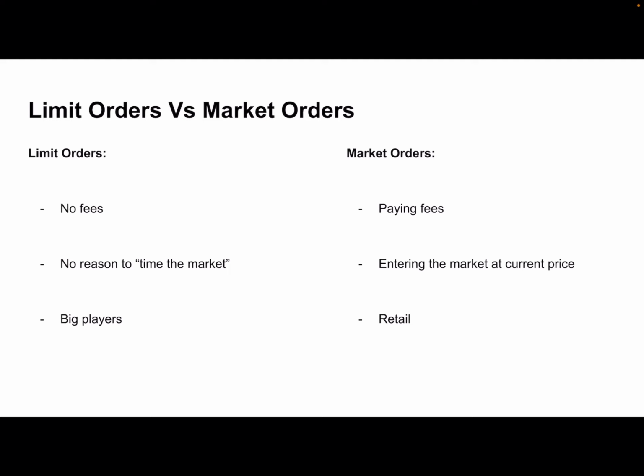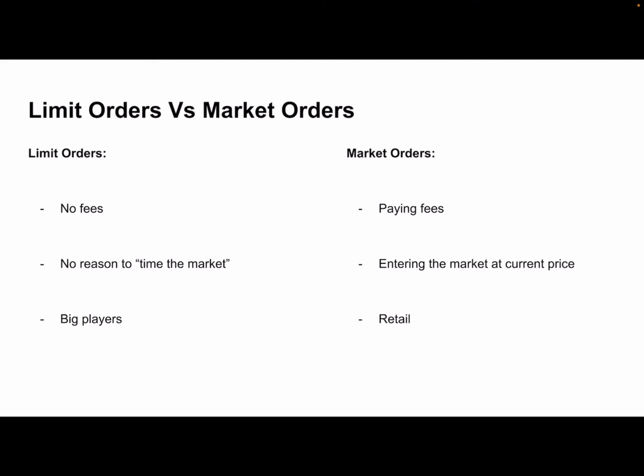If you're trading with $100, $1,000, $10,000, it might not be much, because those fees, 0.01 percent, might not matter to you much. But if you have $100 million in your hands, or $1 billion, those fees add up. So you don't want to pay those fees. That is why those big players always enter the market with limit orders. The second reason is that those people don't want to time the market. They don't want to be at their computers all day waiting for a price level to be hit. They would rather put limit orders at a certain price they're interested in and then just leave the market. So those are two reasons why big players love to use limit orders.